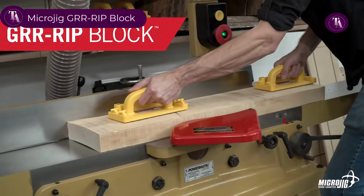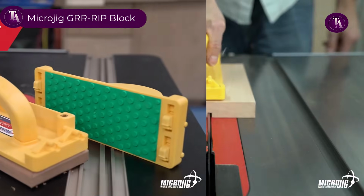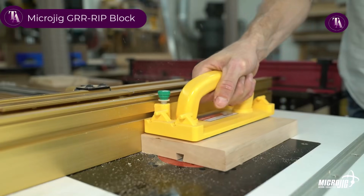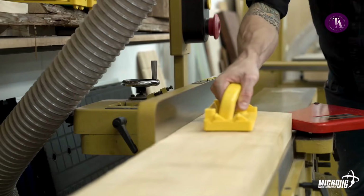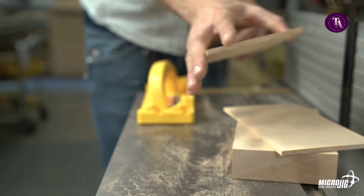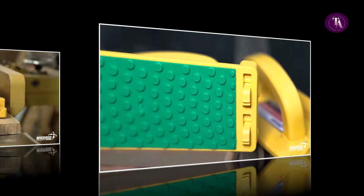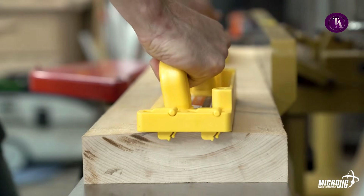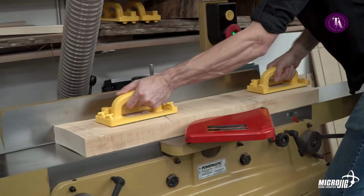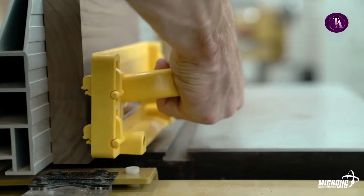Microjig GRR-RIP Block Smart Pushblock. The Microjig GRR-RIP block Smart Pushblock is a versatile, safety-focused woodworking tool designed for table saws, jointers, router tables, and band saws. Its smart hook technology prevents kickback with auto-retracting heel hooks, while the GRR-RIP podular traction base ensures superior grip on